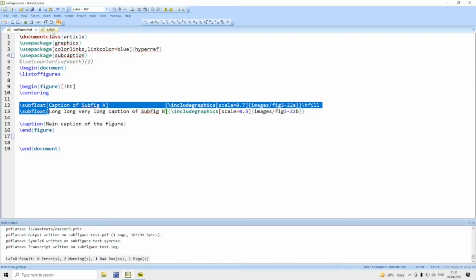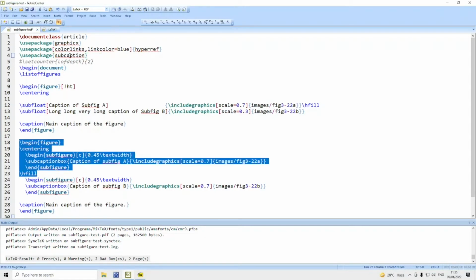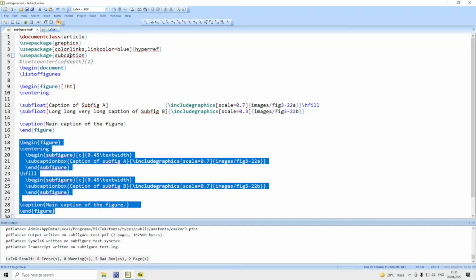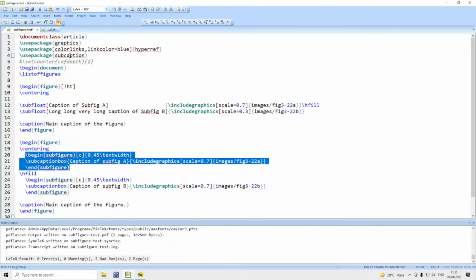Actually, the subcaption package has got a different coding. What is that? The coding of the subcaption package is like this, what is given here. Within the figure environment, you have two subfigure environments.